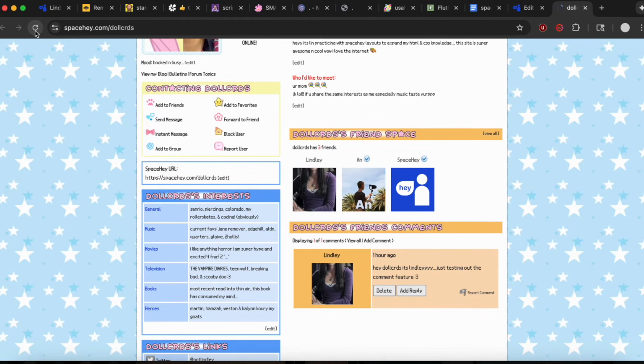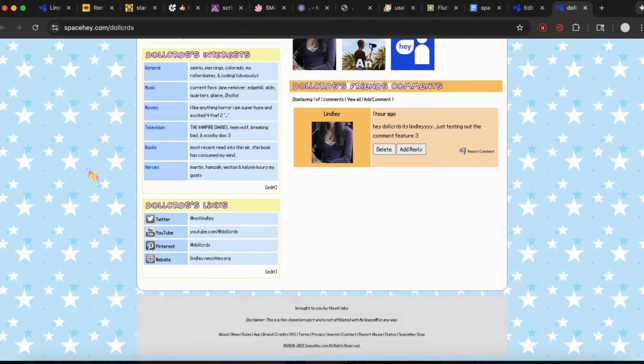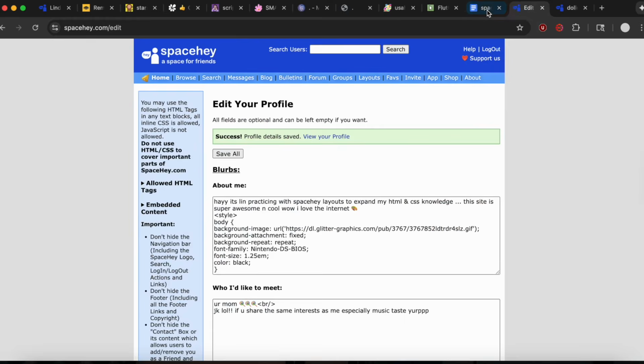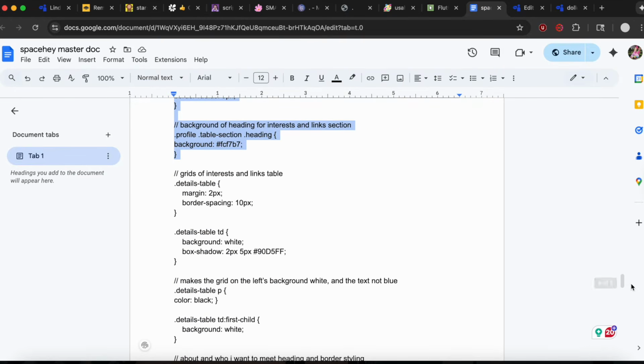So saved, and now we can see, super fun. And now we're gonna get into editing the boxes themselves. I do not want them to be blue, and I do not want this text to be blue. So how we go about that